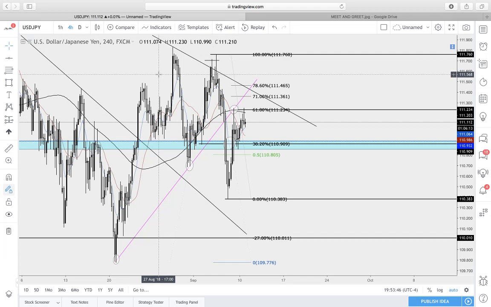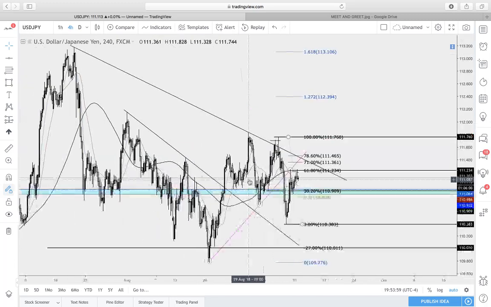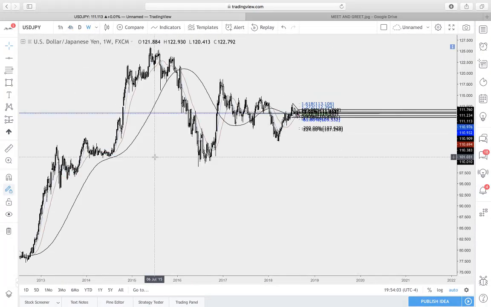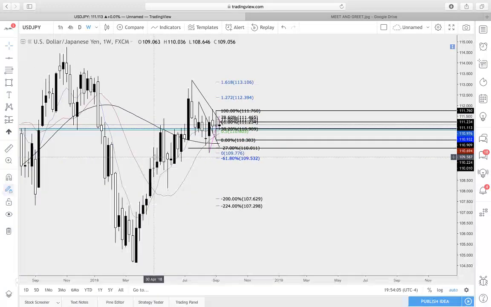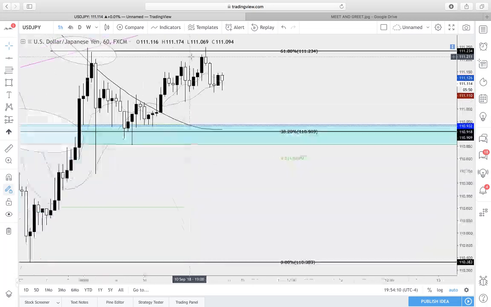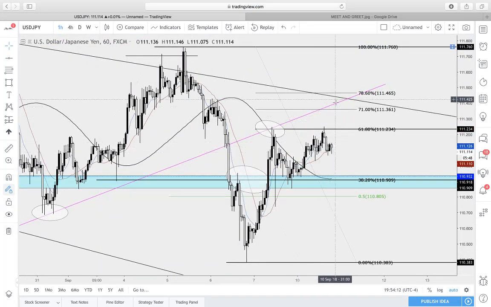Now, for my students, the cheat code is to look at the 50 MA. It goes and tests it, and then it's a break retest of the 50 MA into the 61.8. This trade I like to see go to the downside. Overall, I do believe that on higher time frames, this is bullish. So we'll let the move possibly go to the downside unless we can find some type of retracement pullback for a low risk setup for a sell here. Just something I'm going to keep an eye on.